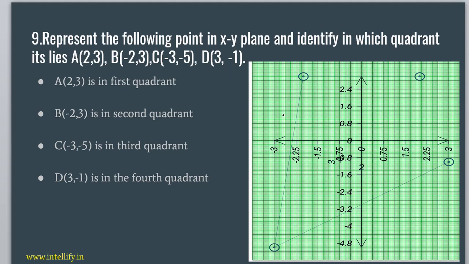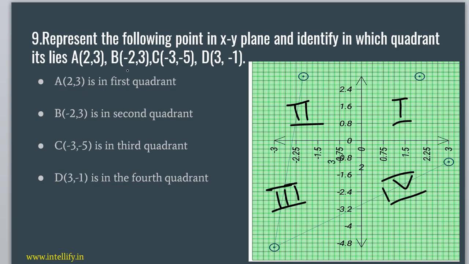We have the first quadrant here, second quadrant, these are the standard representation of quadrants. Third quadrant here, fourth quadrant here. So the first point is (2, 3). So 2 is positive, we will go on the positive side of x, 2 units, 2 here. Since 3, that is the y coordinate, is also positive, we will go upward. So here it has been represented (2, 3), which is in the first quadrant, rightly so.